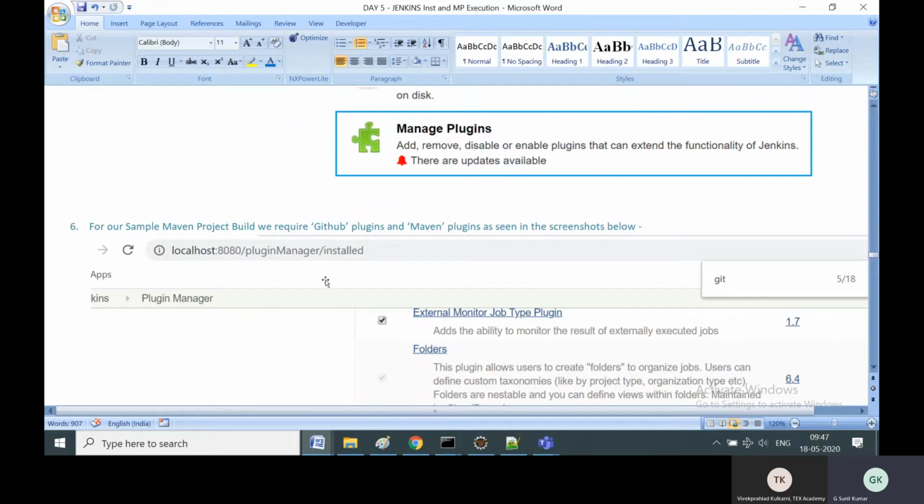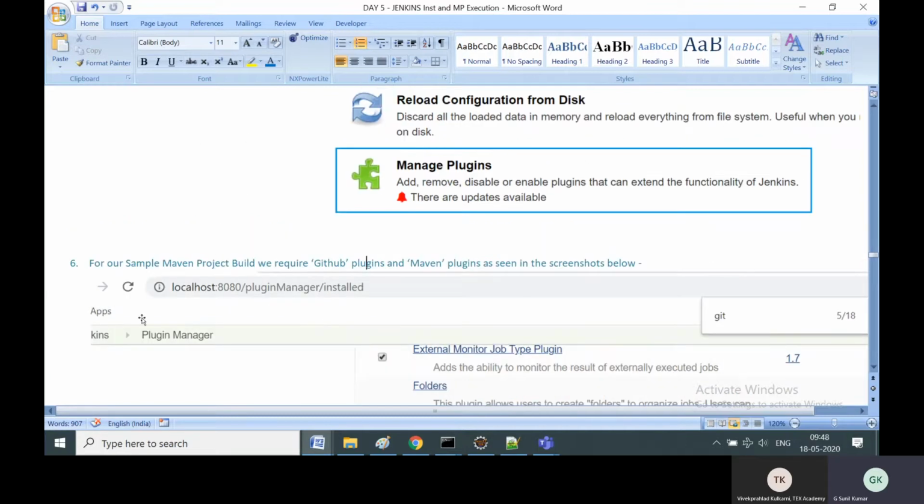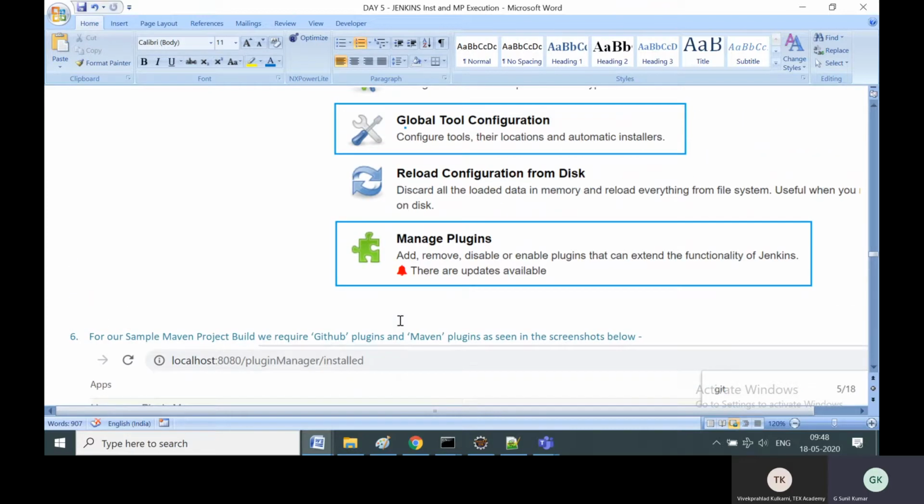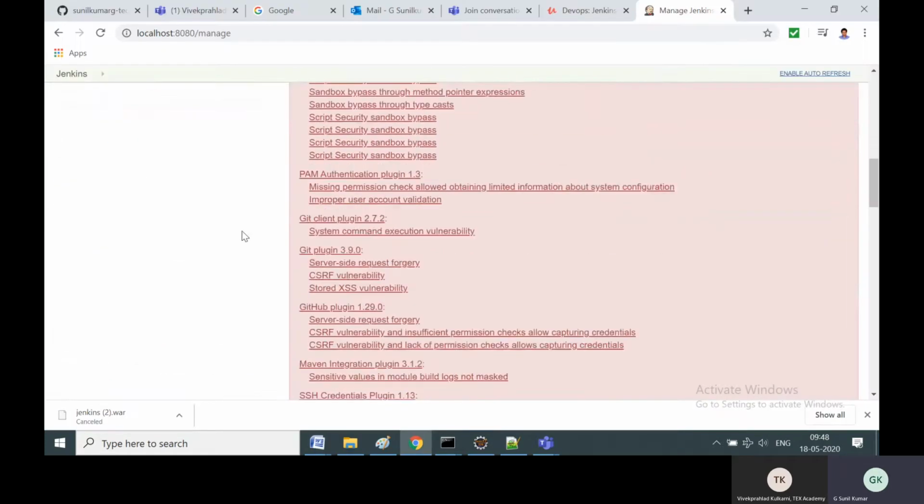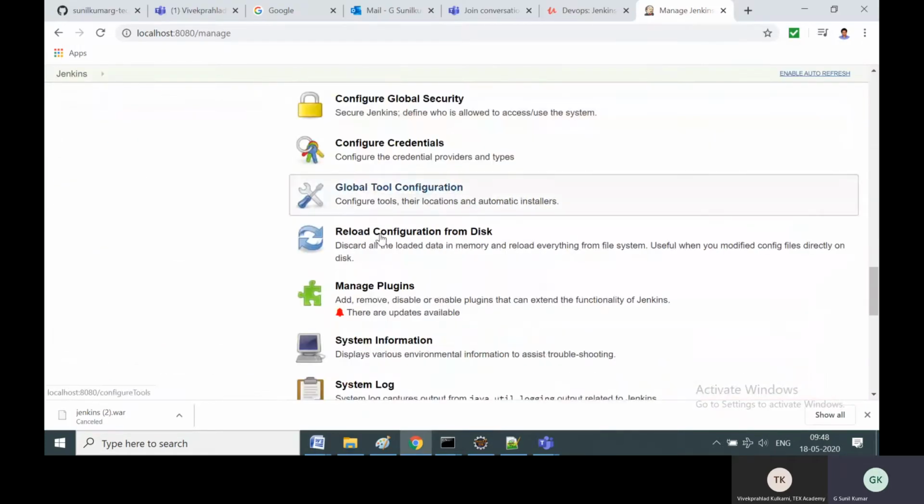Initially it will be very difficult. You will think why so many things are required. But once you practice it again and again, 5 times, 6 times in the coming weeks, walk through this video and go through this installation document, once you get fluent, although there are many steps, you will know clearly when to do what. So now the next thing, once we set up this global tool configuration, is to go to manage plugins.